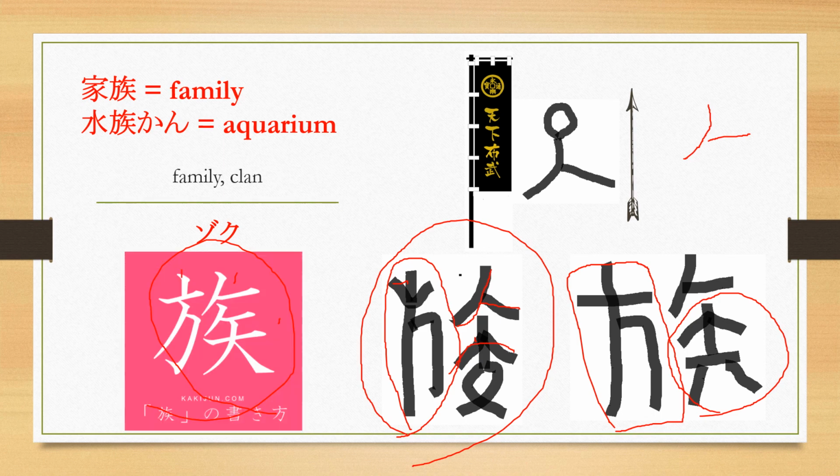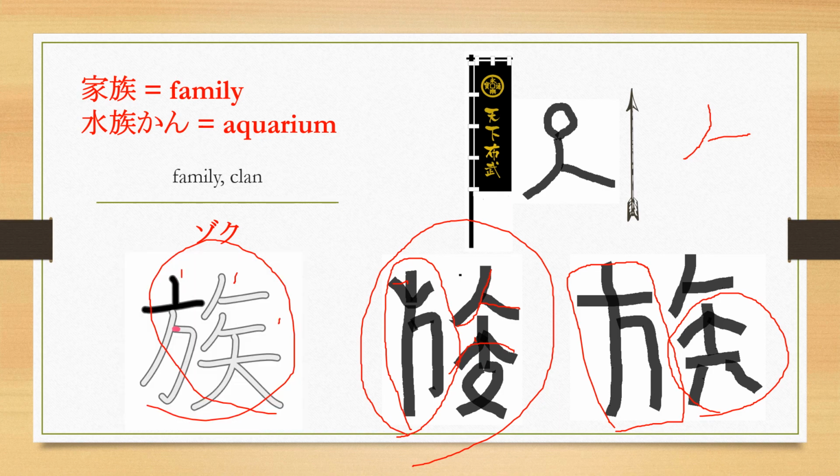Alright, so that's pretty much it. So please finish off the kanji practice on workbook pages 50 and 51. では皆さんさようなら。